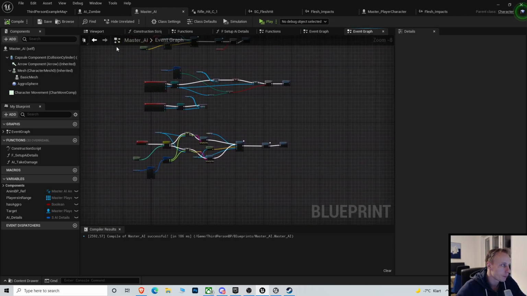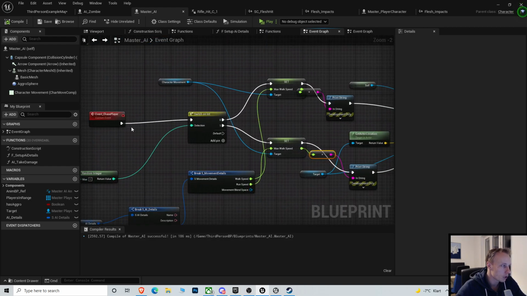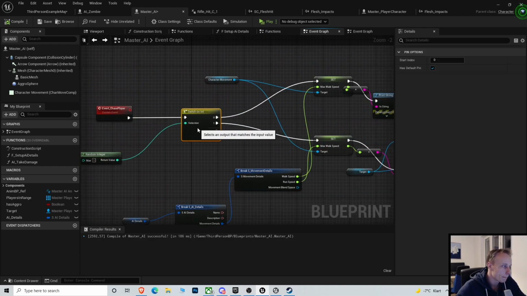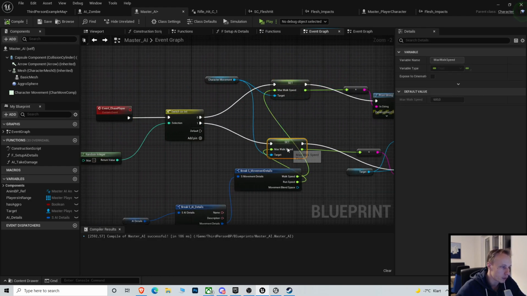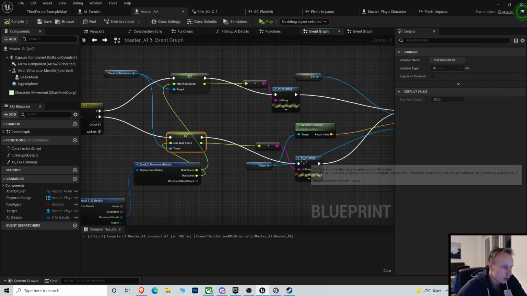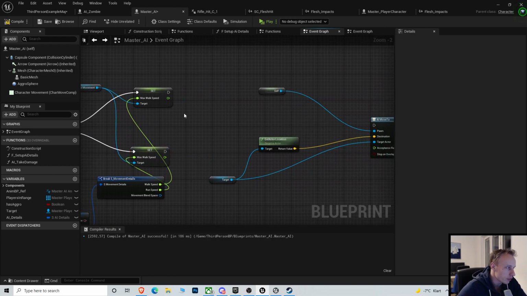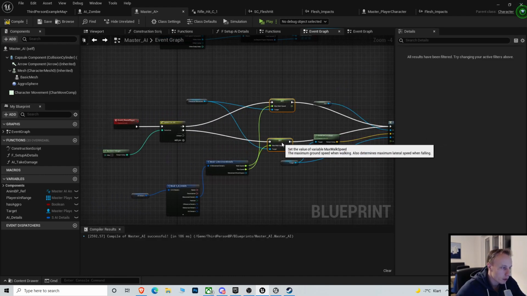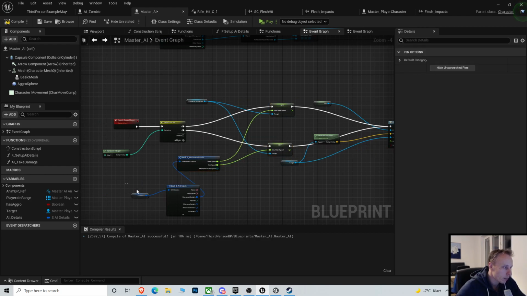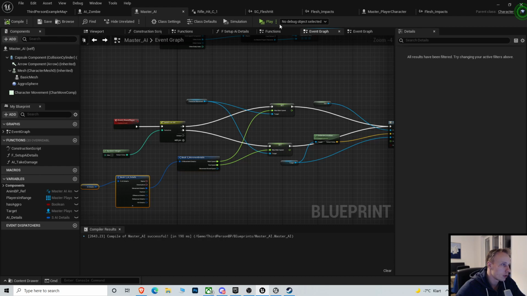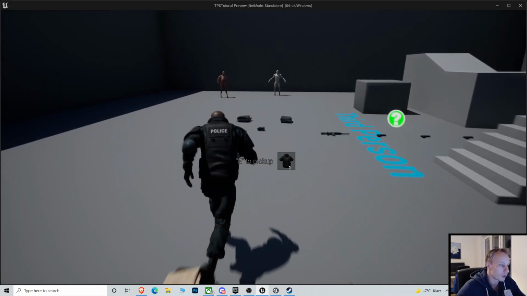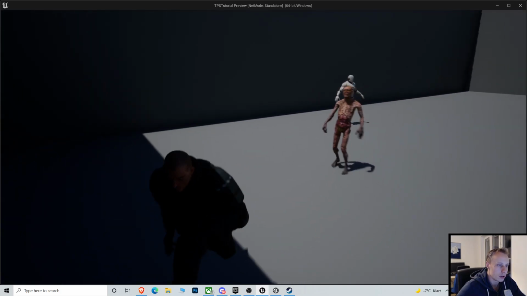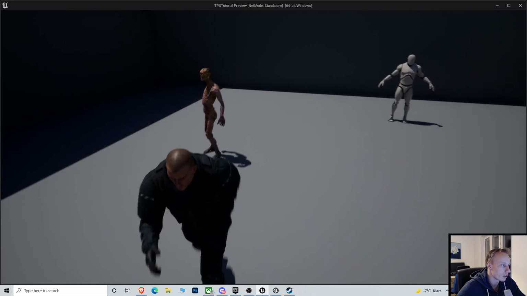So this is actually good. It's a good thing, because it's only getting set the first time. The other times we shoot, this is exactly how it should be. We don't need to replicate this because we are not resetting this every time we shoot him, which is good because we don't want to. We only want to reset every time we actually do a difference. So if we go to him now, he should eventually get